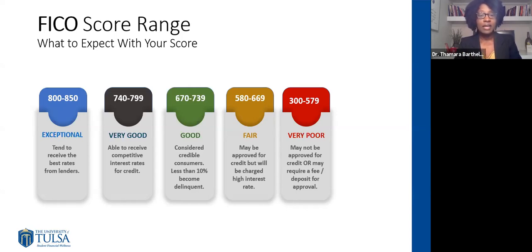If you have a score between 670 and 739, chances are you will get quite a few credit applications. And the reason I say credit applications, it should be credit solicitations. What you will notice is, the higher your score increases, the more solicitations that you will get. And what I mean by solicitations are, if you ever go to your mailbox and you see a credit application